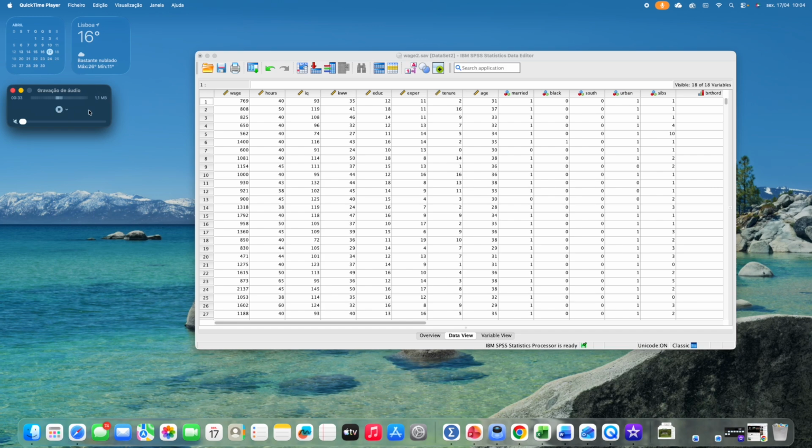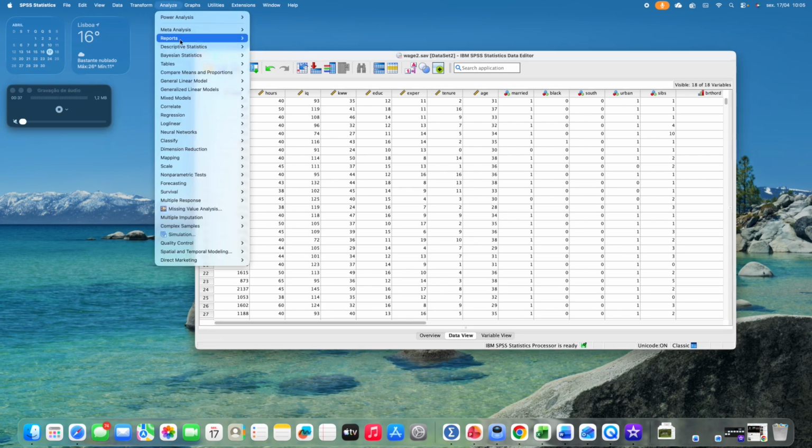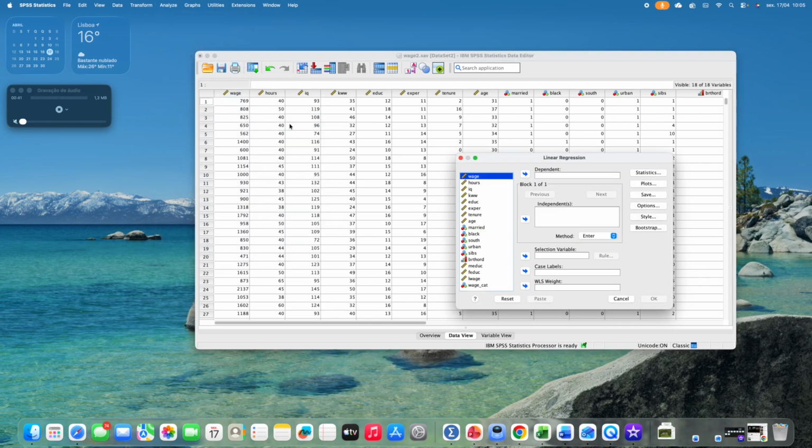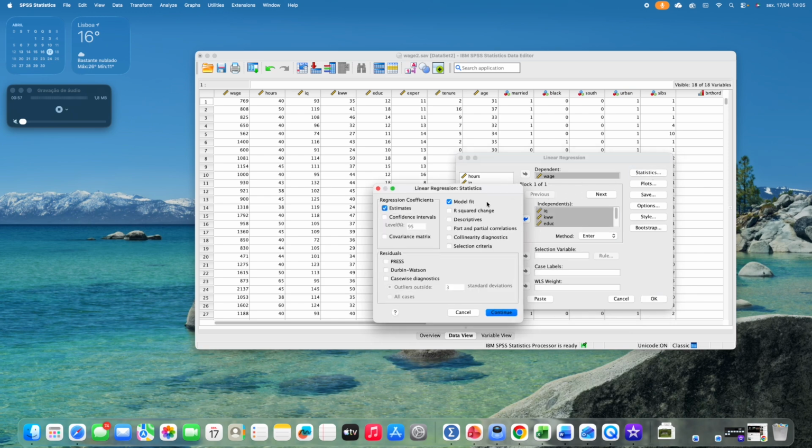First, we need to generate our predicted values. We go to Analyze, Regression, Linear. We move Wage to the dependent box and our independent variables to the independent box. Then we go to Statistics. We check R-squared change